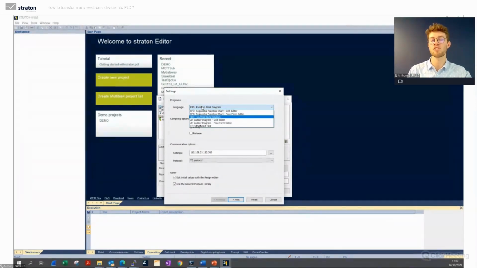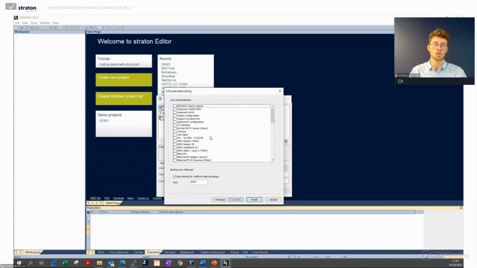So we have the five languages of the IEC: function block diagram, sequential function chart, ladder diagram, structured text, and instruction list is also available, but it's hidden here because it has been duplicated. We click on next, and then we can choose the protocols we will want to use in our application.